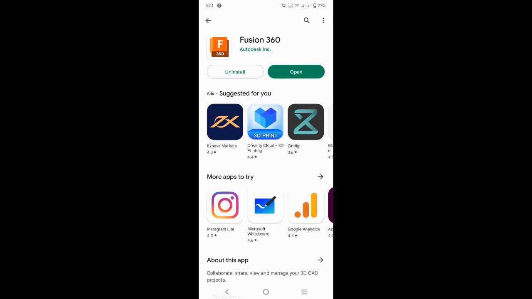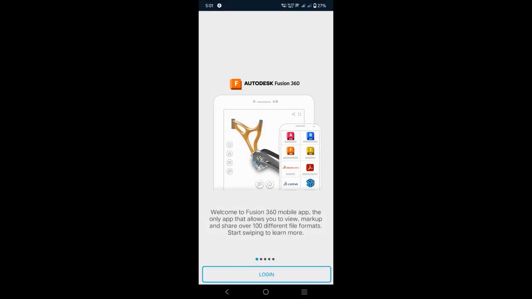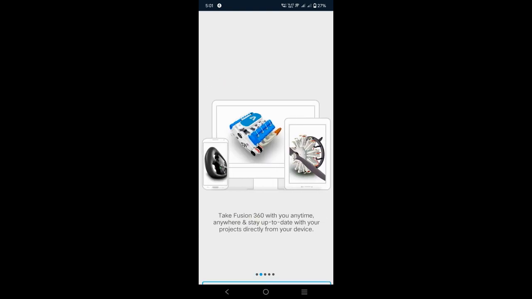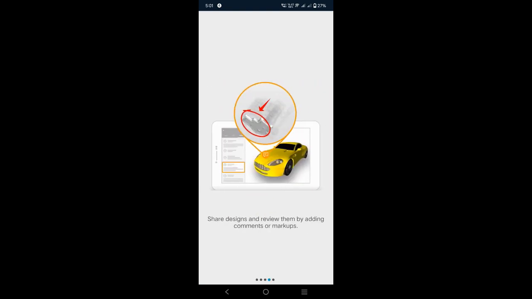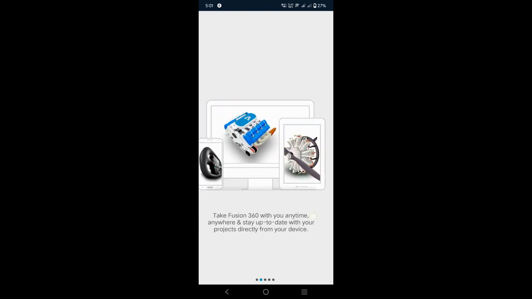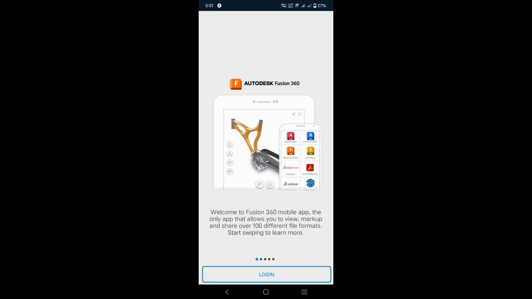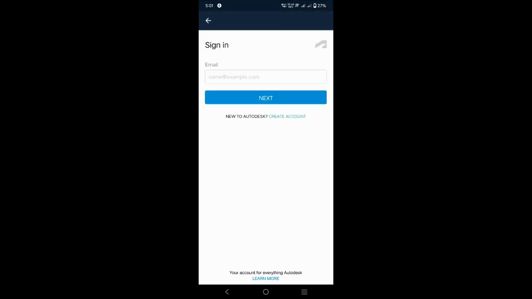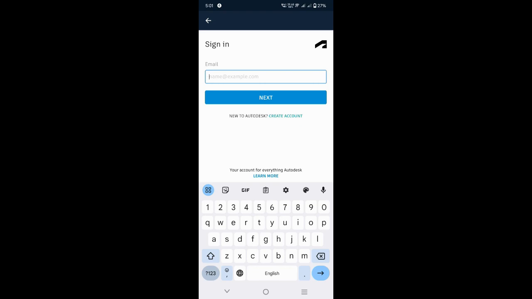Fusion 360 is installed now. Just click on open. Login. Just enter your Autodesk email and password.